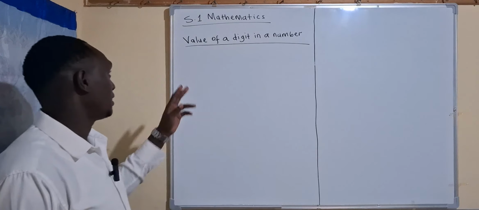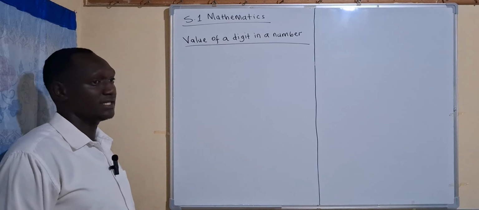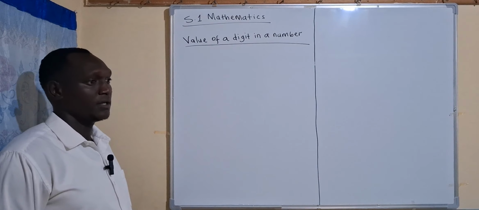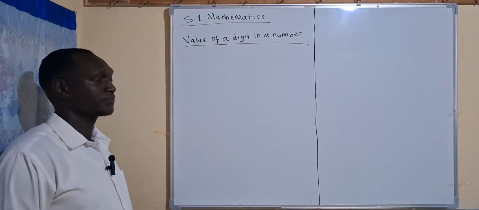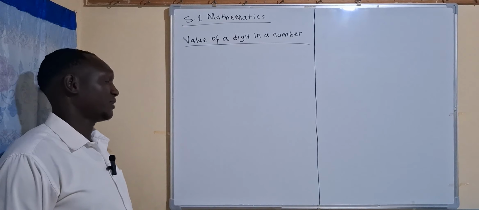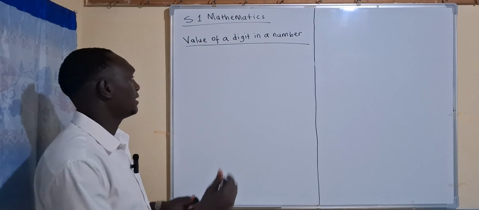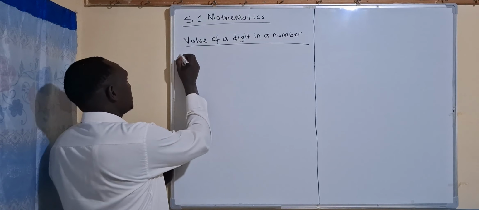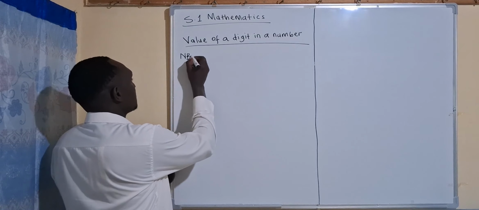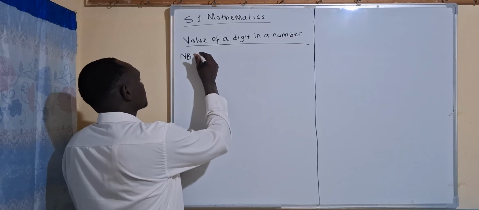So in this class, we are going to look at the value of a digit in a number. We looked at place value, and now we are looking at the value of a number. And clearly, we wrote an NB. We started with NB in the previous videos. We said this NB here,